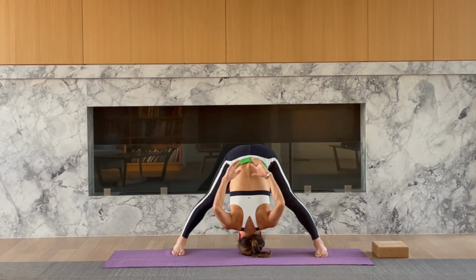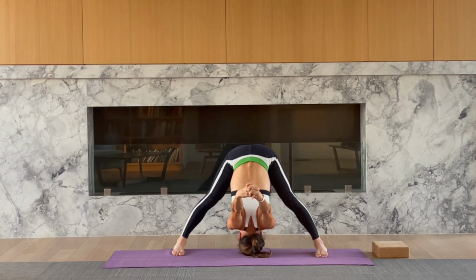Breaking the pose, interlace the fingers behind your back. Let the arms fall overhead in Prasarita arms. Keep the body